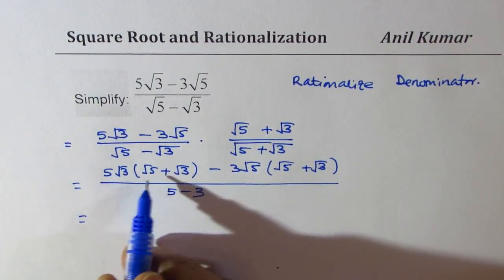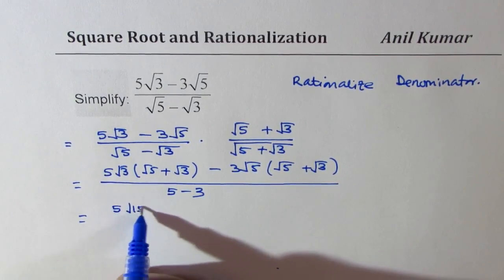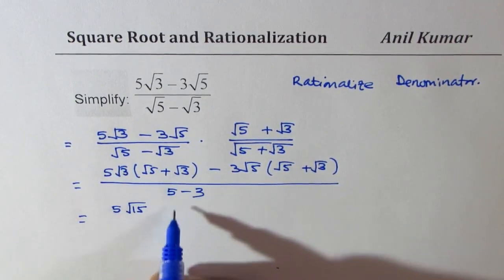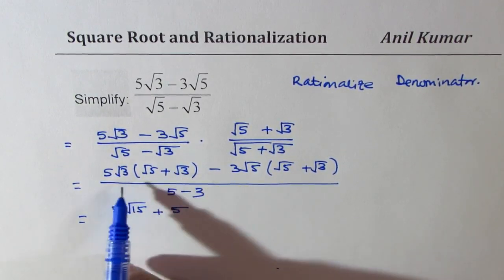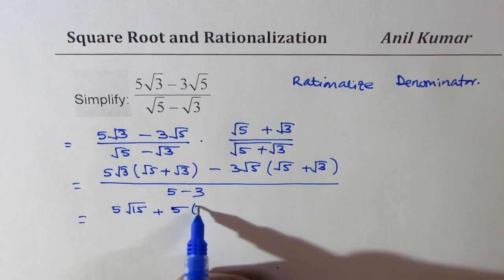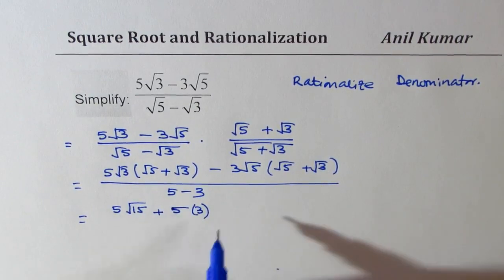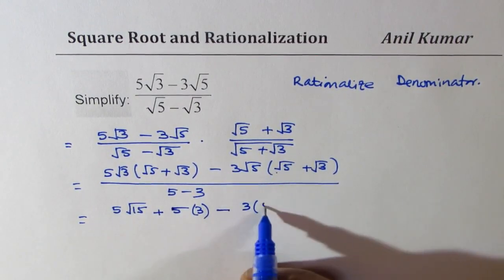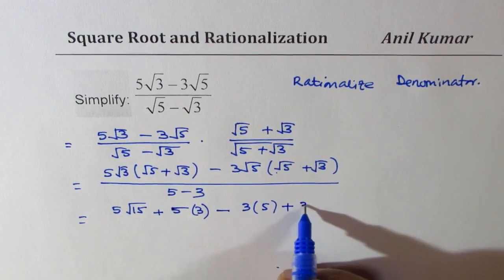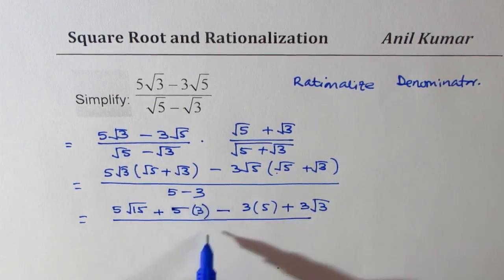Now, when you open the bracket, 5 times square root of 15, you will get from the first product. Then you get plus 5 times square root of 9. Now, square root of 9 is just 3, so we'll straight away write 3, right? Square root 3 times square root 3 is 3. Minus. Here we get 3 times 5 plus 3 times square root of 3. So I hope that is absolutely clear. Divided by